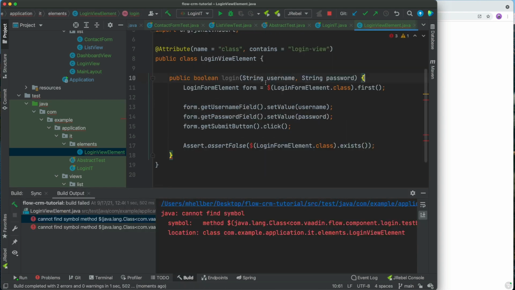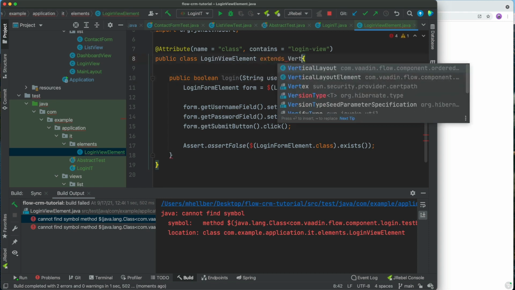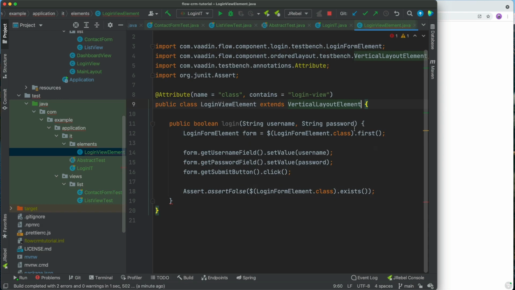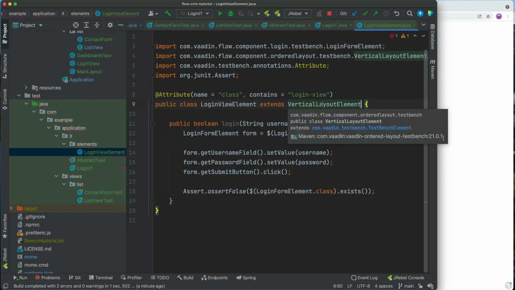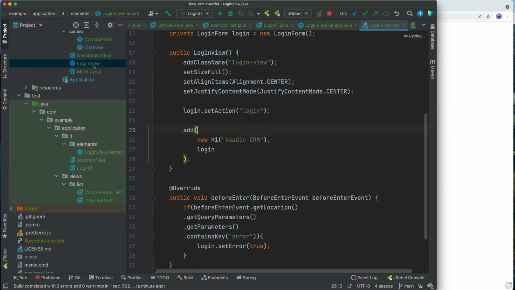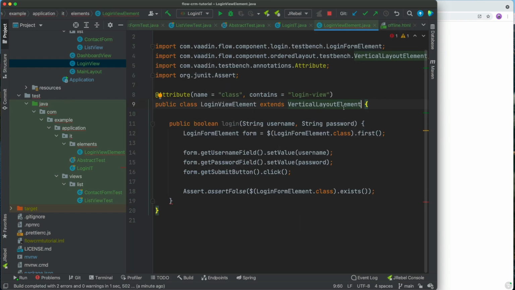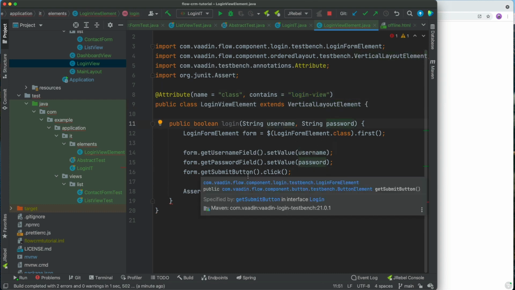Okay, and the reason this is not working is that I actually forgot to extend from a vertical layout element. When we make these elements, it's really important that we have the same class structure. So if we look at our login view, you can see that it extends vertical layout and it has this class name. So we also extend from vertical layout, and then we use the class name here to bind. All right, so now we pass in the username, we pass in the password, we click, and then finally